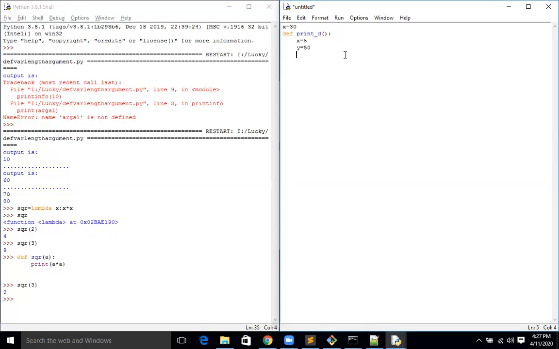Now I am just printing the values x comma y. Just I'm calling this method print d.